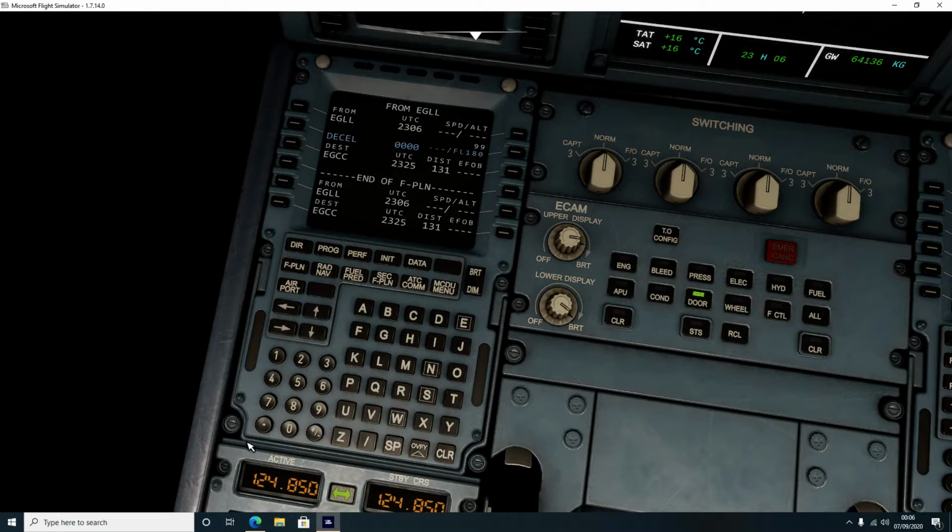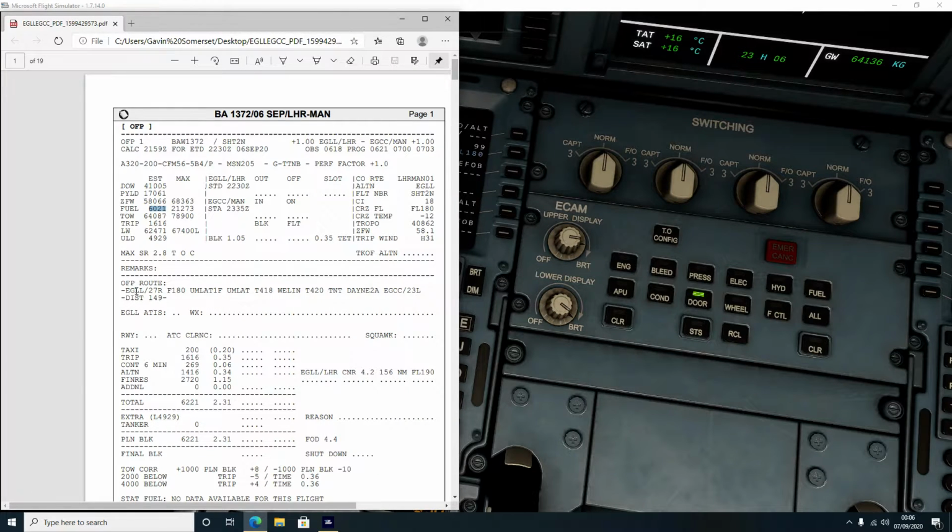So let's bring up the flight plan again. So all the information is given to us just there with our route. Starts just here, London Heathrow, runway 27 right, which is good because where I'm parked it's the runway directly behind me, so it's a nice short taxi. Flight level 180, and then the SID, or Standard Instrument Departure. This is basically the route that the aircraft is going to take to get onto the airways to take us up to Manchester. And then we're going to go via the waypoint UMLAT, then the airway T418 up to WELIN, airway 420 up to Trent,